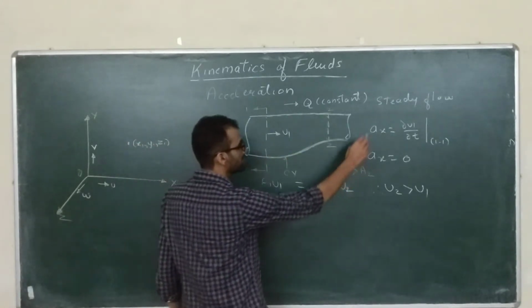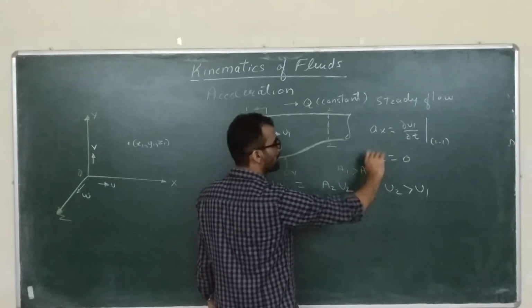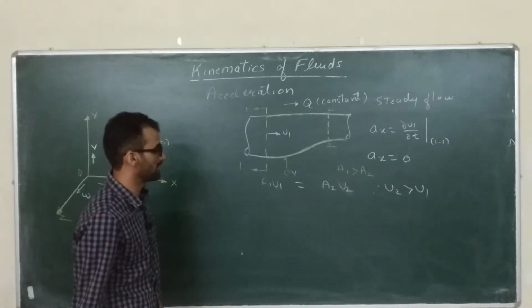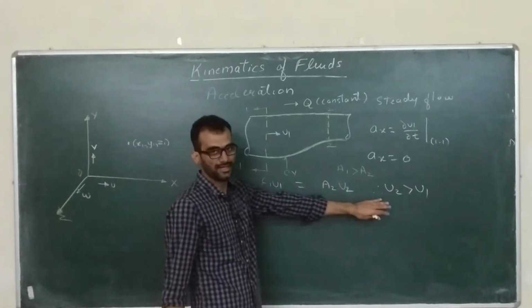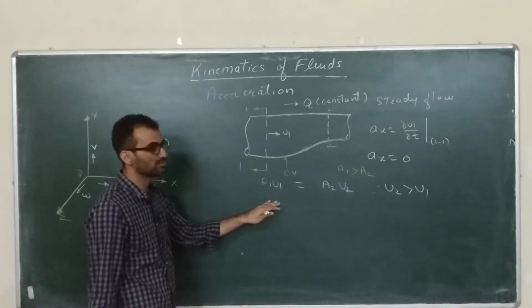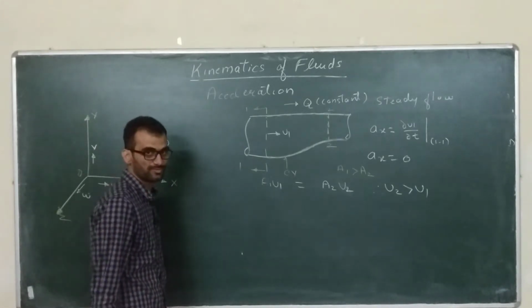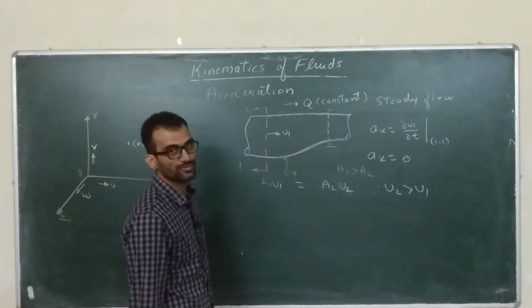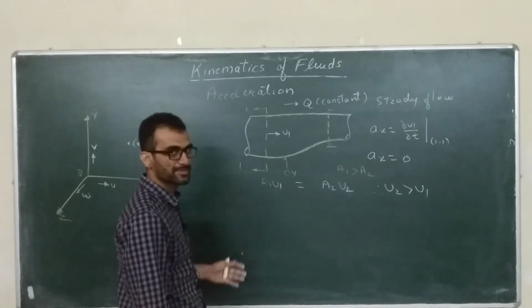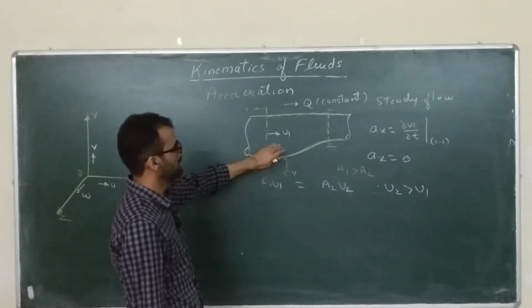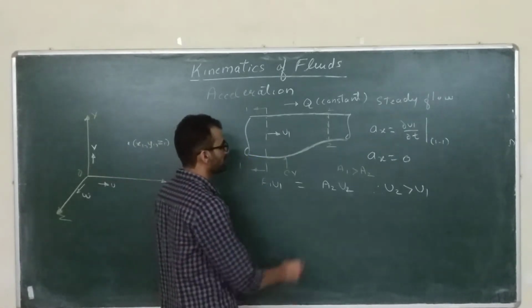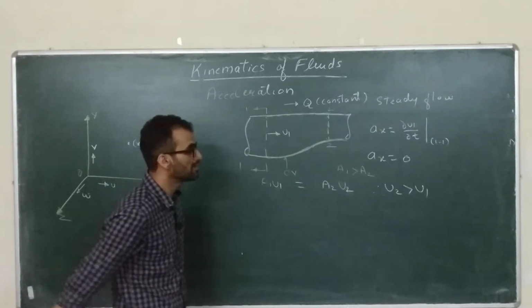Even though apparently it is a steady flow, and it seems that the acceleration is 0, that is not the correct scenario. So acceleration must be there in this kind of flow. That's why this approach is not suitable for problems involving the control volume approach. So we have to find an expression to calculate the acceleration in control volume approaches. That's our target for today. We'll try to find the expression for acceleration in this type of flow.